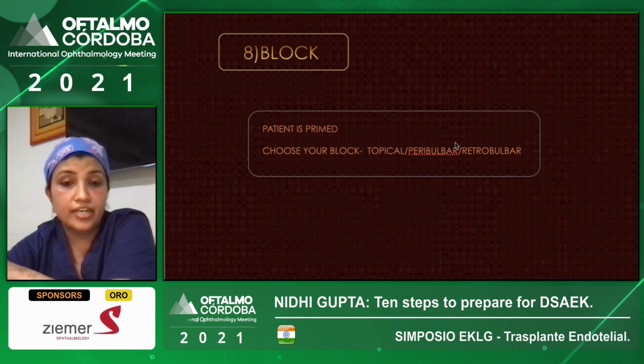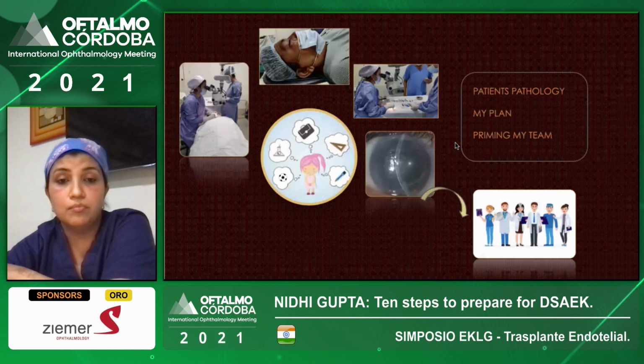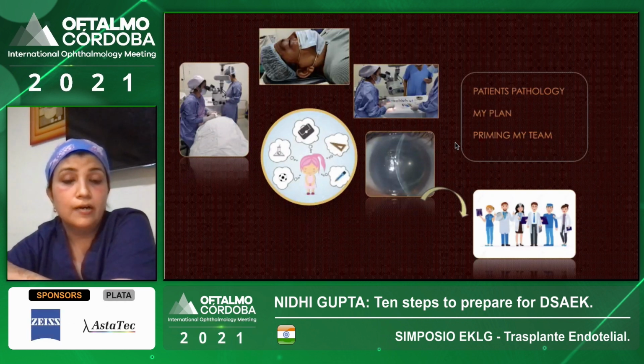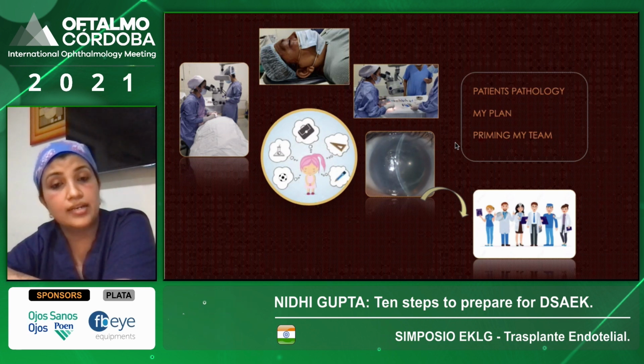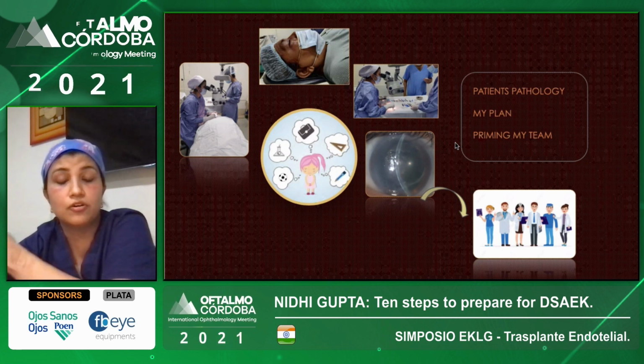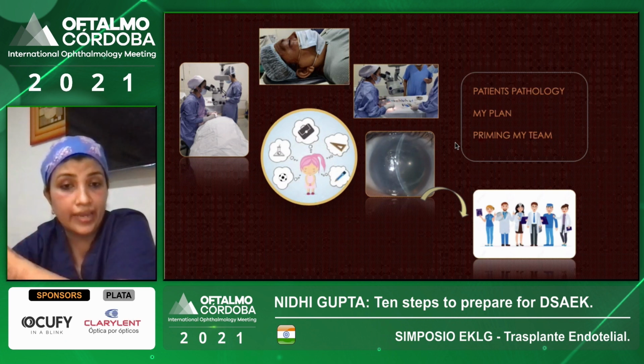And definitely decide your block. Peribulbar would be more controlled while you're doing these surgeries, which are unpredictable. What would be next would be actually deciding on where you will be positioning yourself in the OR. I like to sit temporally, but a lot of surgeons like to sit on the head end, and it's nice